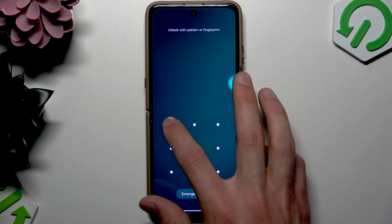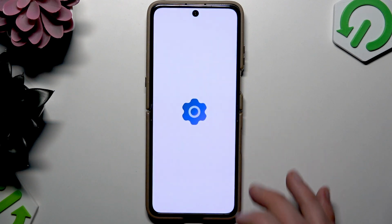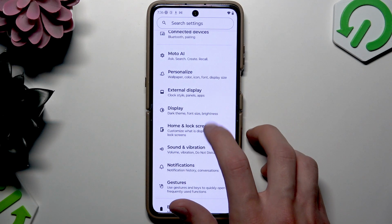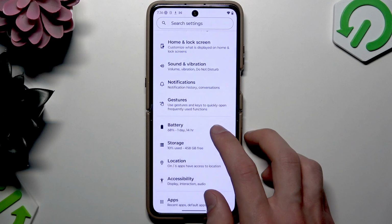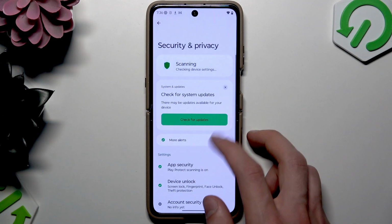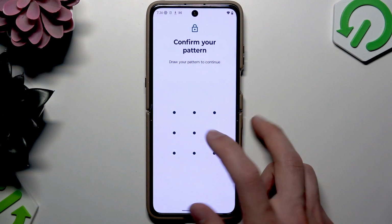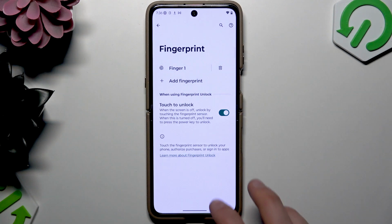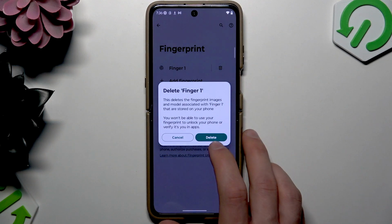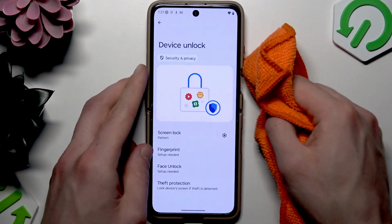So the first thing that you should do if you can't unlock your device with your fingerprint is set up a new one through the settings. Here let's go to Security and Privacy, then select Device Unlock, then select Fingerprint, confirm with your pattern or PIN or a password, then remove the old fingerprints from your device, and then before we add a new one, let's wipe the surface of